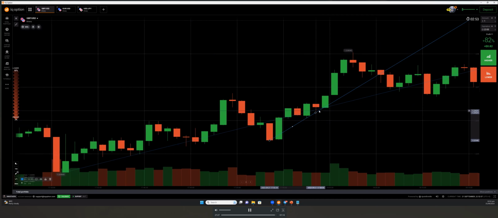This support and resistance is also working here. This new support and resistance is also working here. The market will move up. The support is working. In this way you can draw the trend line and use it as support and resistance, as well as a resistance or support area where the price will change direction. So horizontal levels are also important, and this trend line support and resistance is also important. So these were the support and resistance ideas.